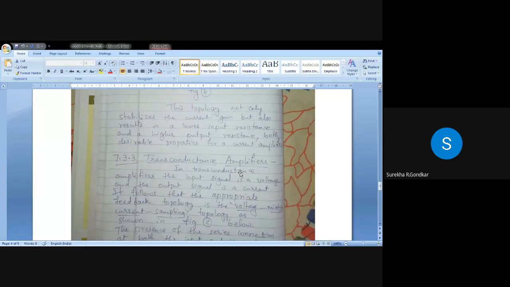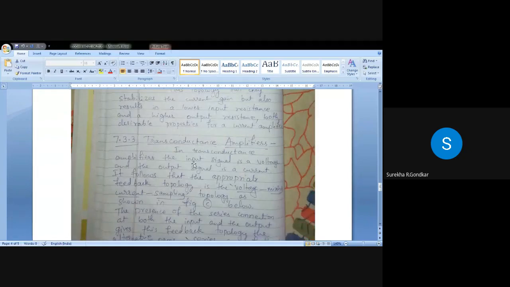Yeah. So transconductance amplifier. In case of transconductance amplifier, the input quantity is voltage and the output signal which you are tapping is current. Clear? So that you have to remember. So it will be voltage mixing. What signals you are mixing at the input? That is voltage mixing. And what signal you are tapping from the output, that is current. Since it is tapping, we call it current sampling.